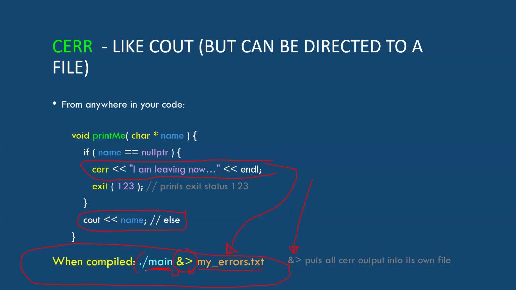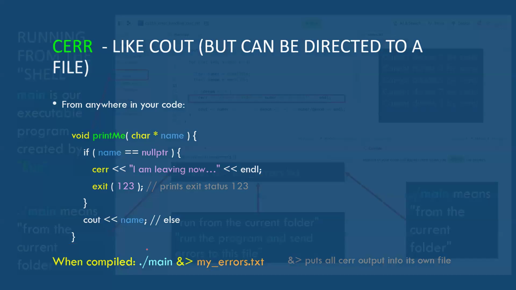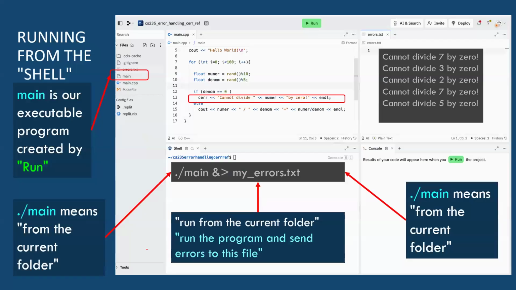And this dot slash here is not really part of this class, but that's how I indicate in Linux that the folder I wanted to execute in is the current dot folder, slash main. So that's really all that extra stuff is there. If you were using Replit and wanted to test this out, or any other place where you can get at your compiled executable, just type the name of your executable, like main or dot slash main,